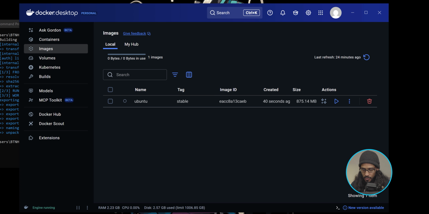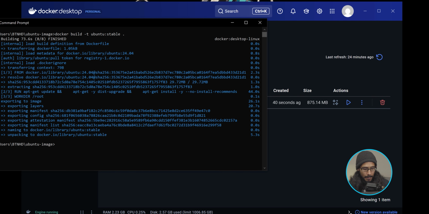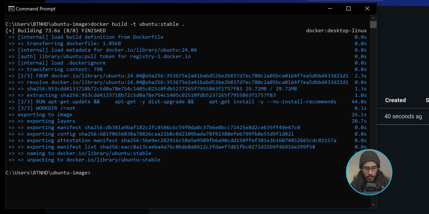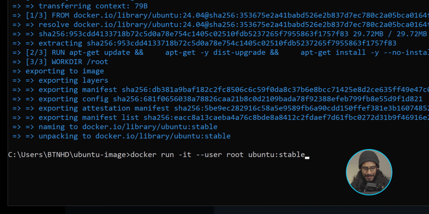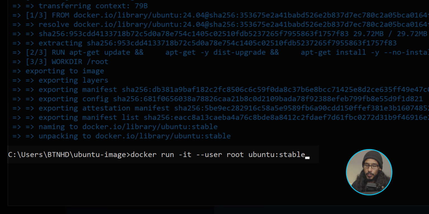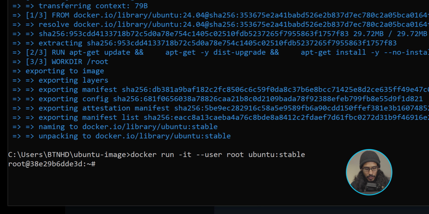All right, so in the last video, we left off here. Great. Let's head over to the command prompt. Within the command prompt, we are going to type in the following: docker run with a switch of -it, with another switch of --user root, and the name of our image, right? And just hit enter. As soon as you hit enter, you should get a command prompt. This is a good sign, trust me.